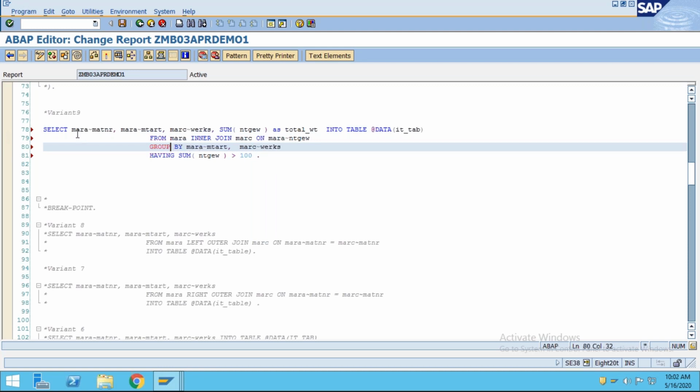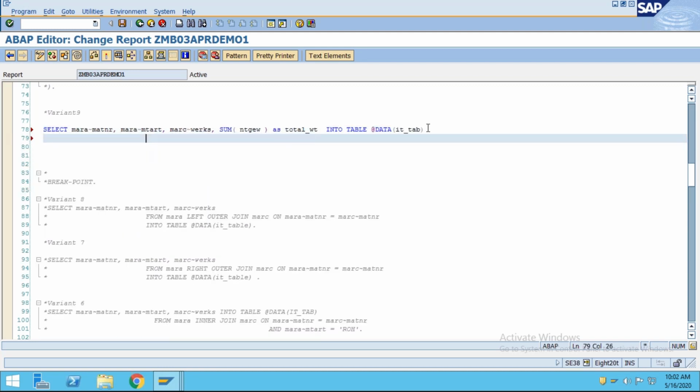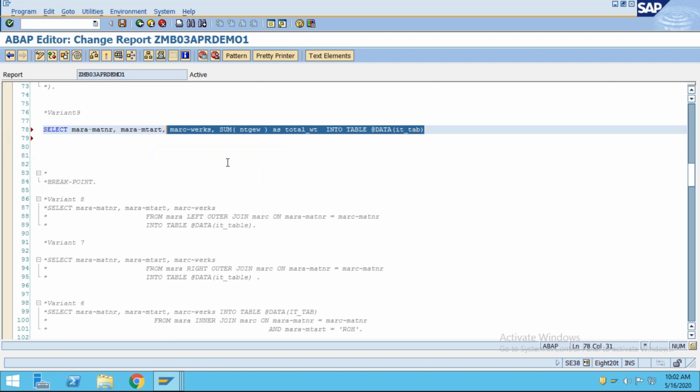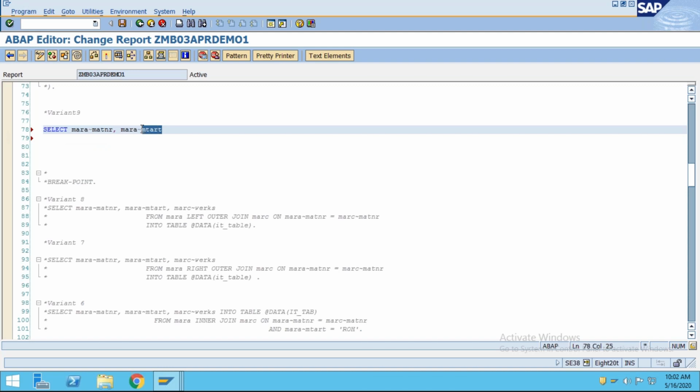Just a second. See, this is my query over here. I'm going to remove all these things from here. You just tell me what you are trying to do. My query is, I want to do sum with material type, and I want to display MATNR in the same query. Here Mara MATNR is there. Here you want to display NTGEW, right? Net weight, correct?